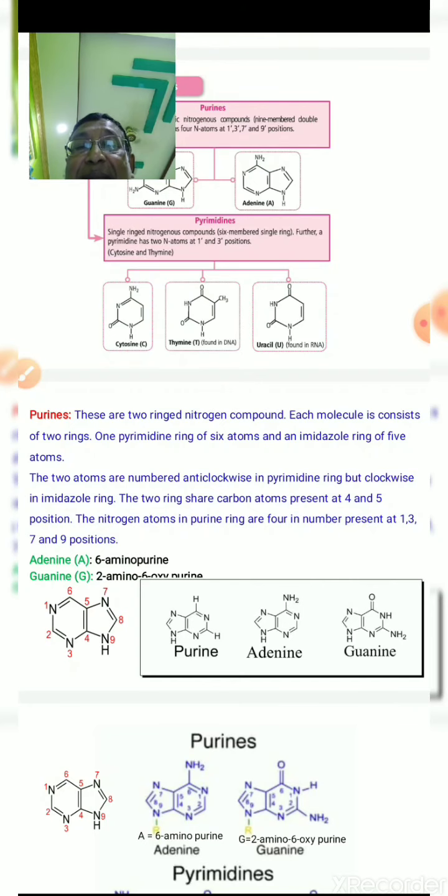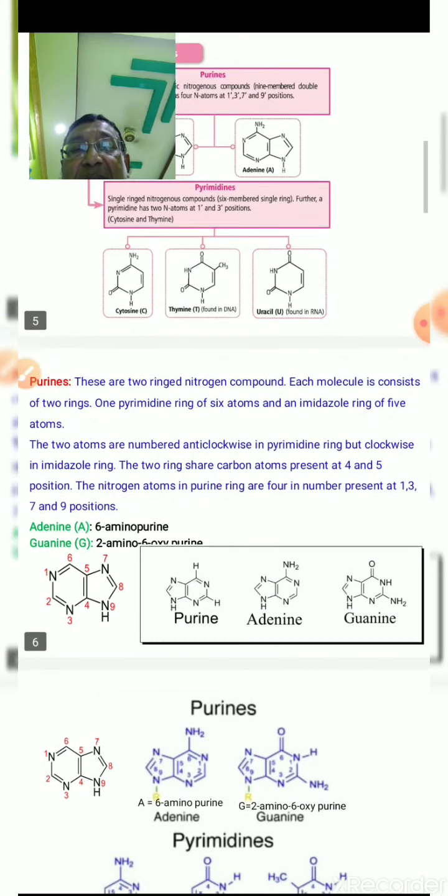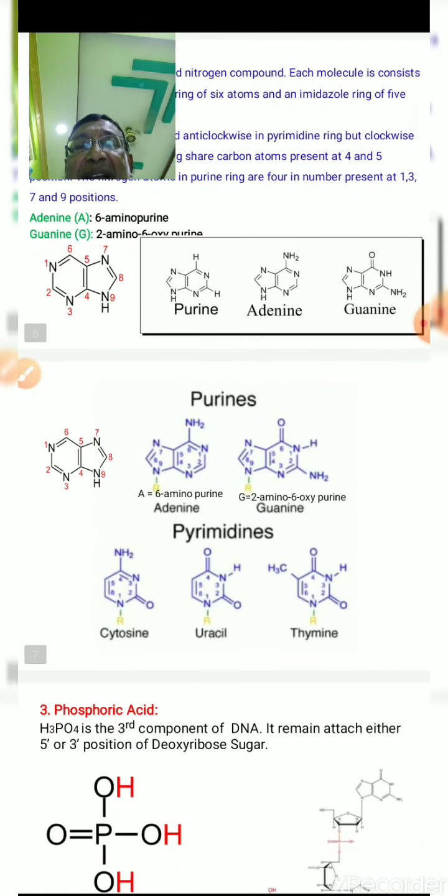Okay. So adenine, chemically, is known as 6-aminopurine, and guanine is chemically known as 2-amino-6-oxopurine. The structure is very nicely given here. In my next slides, I have given the differences between the pyrimidine and purine, their chemical structures, and how to count the pyrimidine and purine rings. That is also given. All the structures are given in the laboratory R stage, not the D stage.